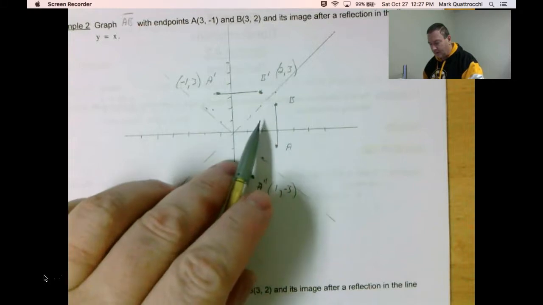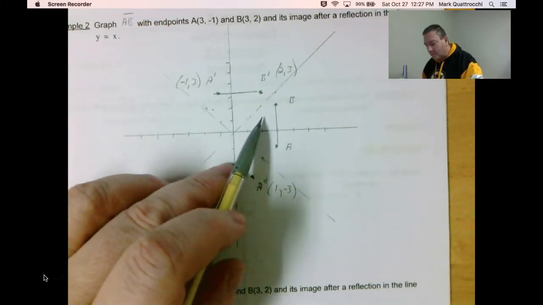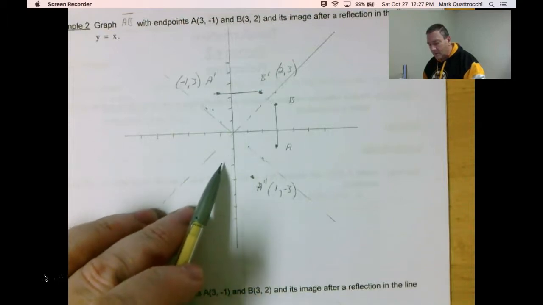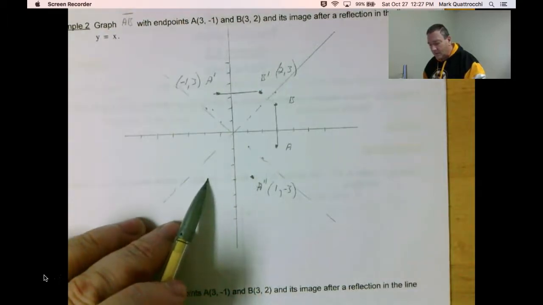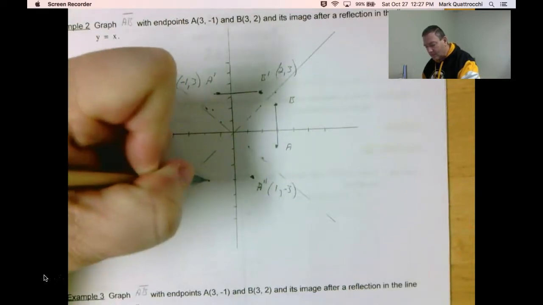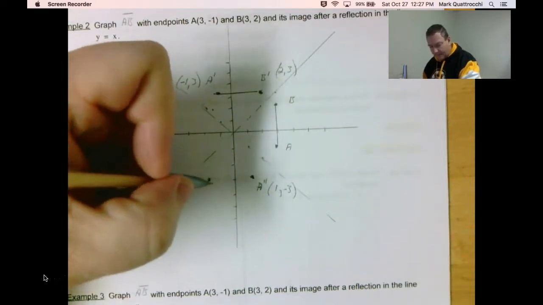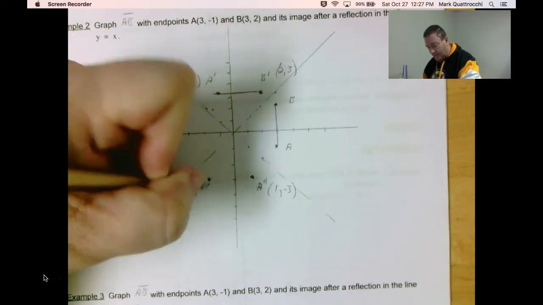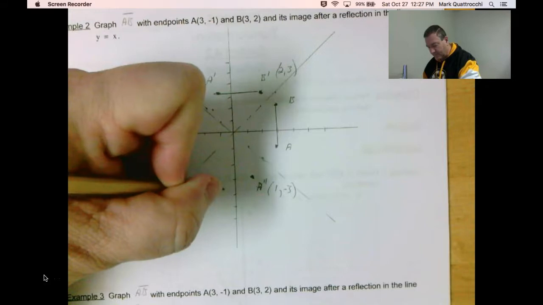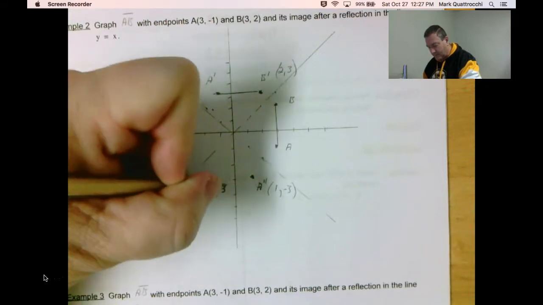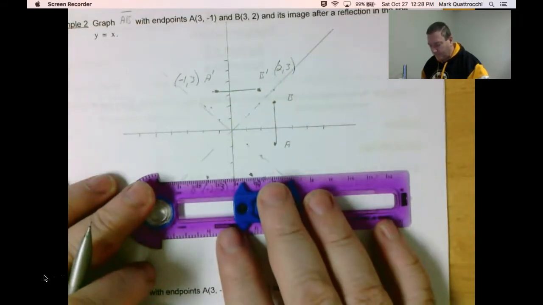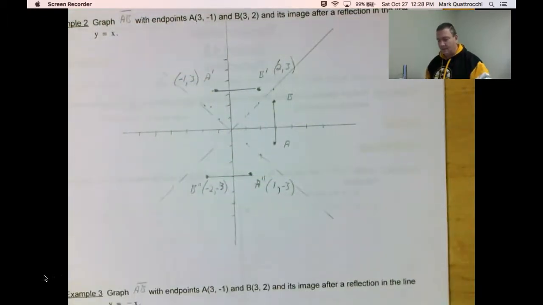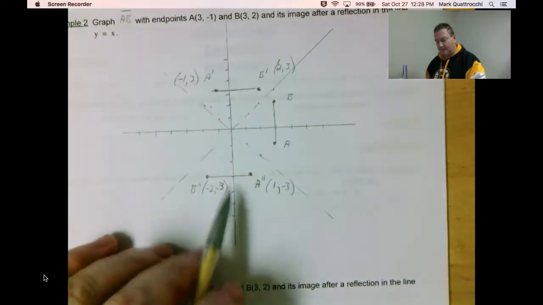And B prime, B double prime, ends up at (-2, -3). So example 2, example 3,